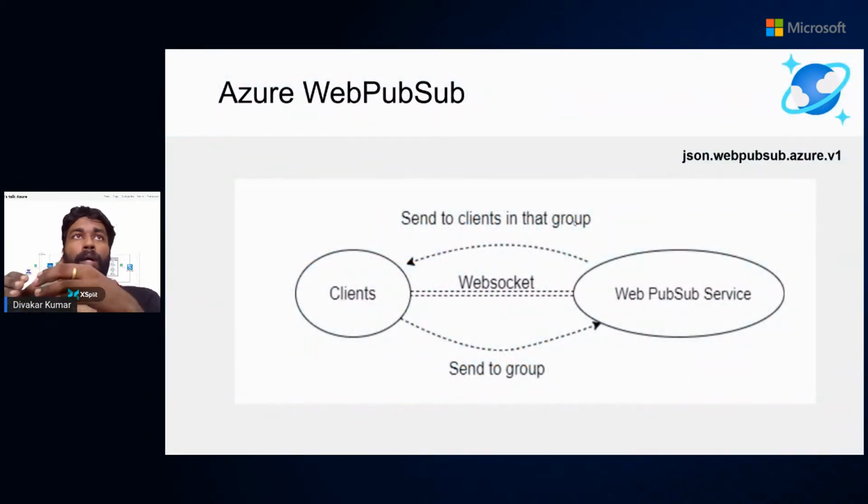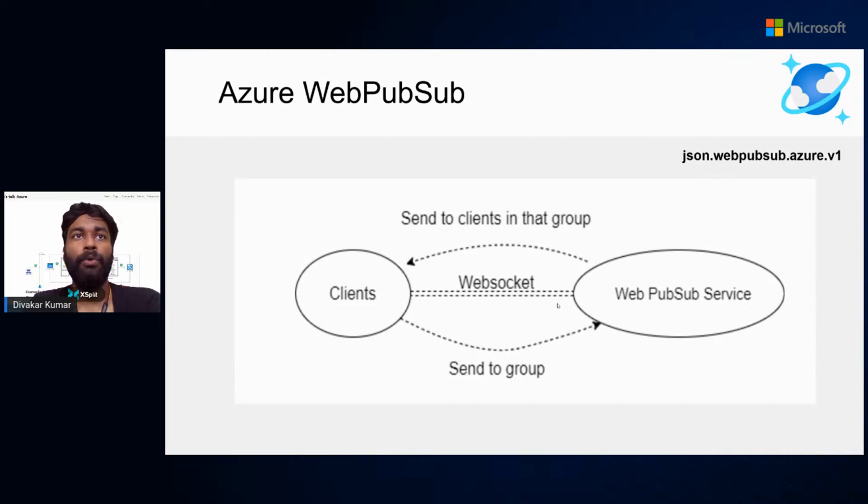So one way of using the Azure services is the Azure Web Pub-Sub service. This allows you to handle the WebSocket connection between your client and the servers. As shown in the diagram, there can be a number of clients to whom you can broadcast a message, and the clients can also communicate directly with the Azure Web Pub-Sub service without going through a round trip to different servers.